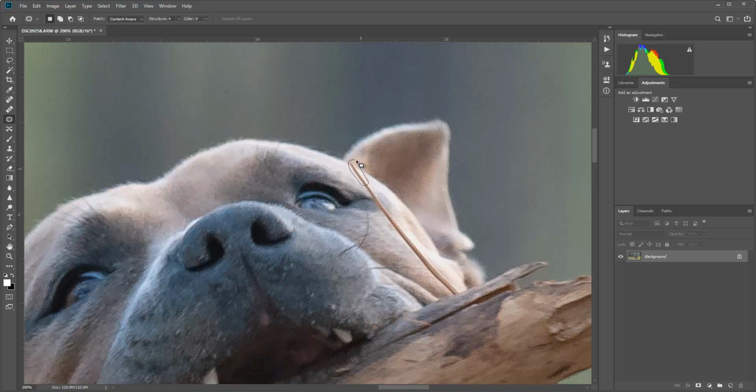Maybe need to grab a little bit more of it. Move it down here. Not too bad. So then let's use the patch tool again. That worked not too bad. We'll move it over here. That's pretty good. Gotta remember, this is a very small detail that we are editing here in the grand scheme